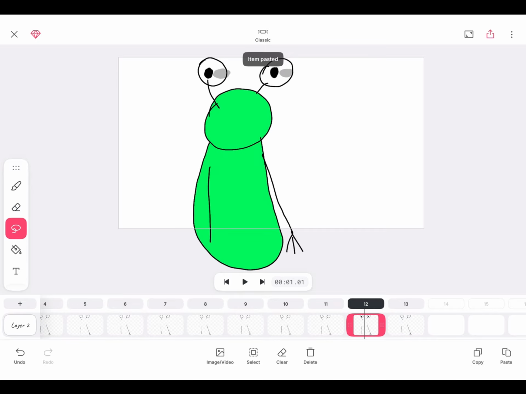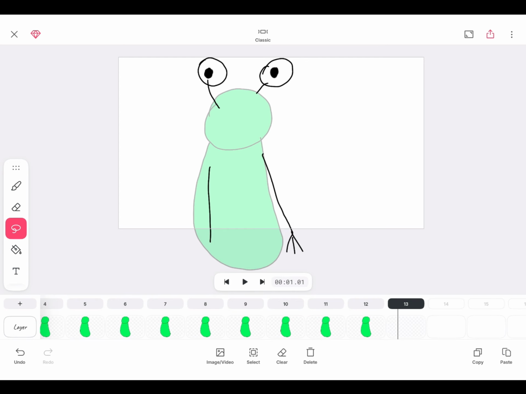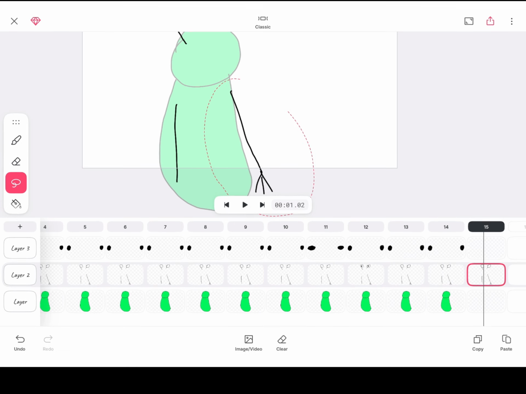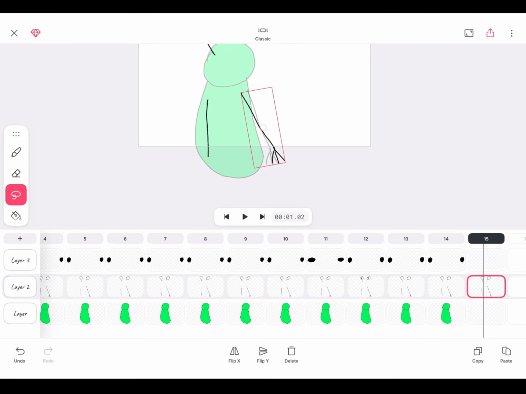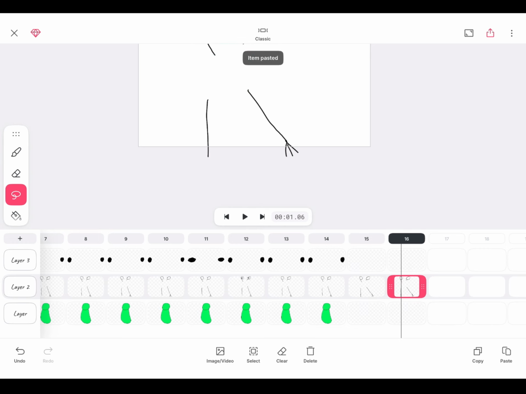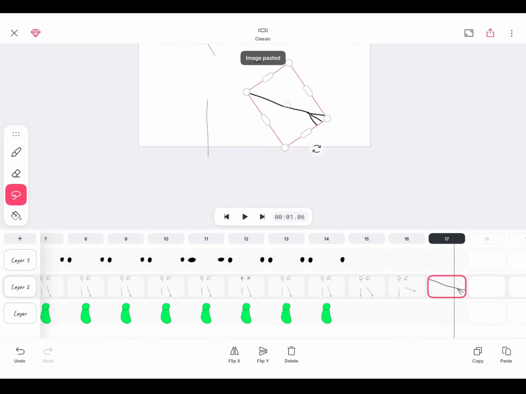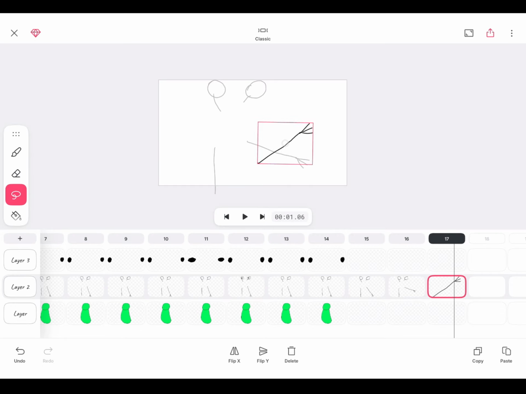yet again, another example of the Control-C, Control-V thing being slightly confusing. I have no idea why there are eyeballs in that frame instead of layer 3, but it's all a little bit weird. Anyway, now we can start dragging this up a little bit more, and with the arm anyway. And what we want to do is basically make the arm turn upwards, a basic little turny upwards kind of thing. So it kind of looks like that a little bit,